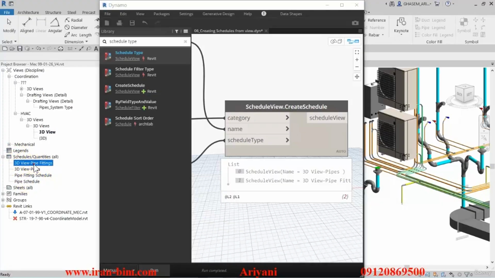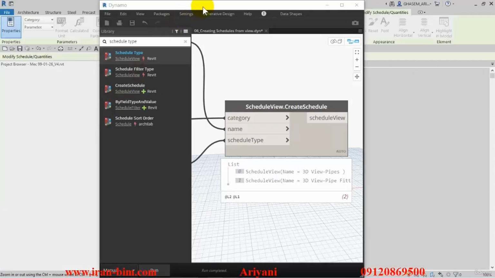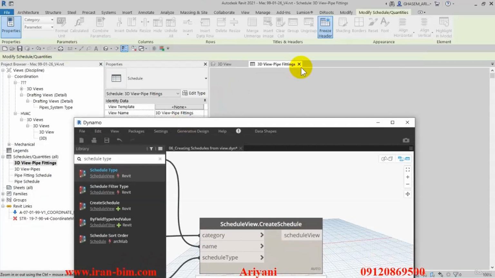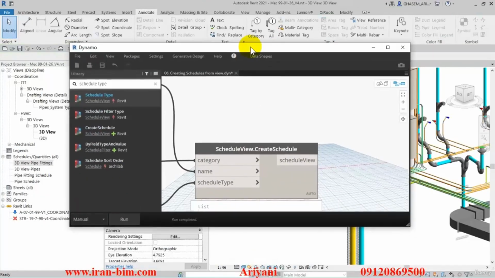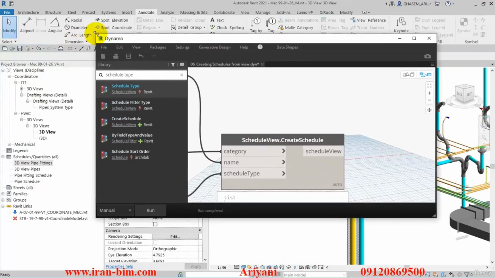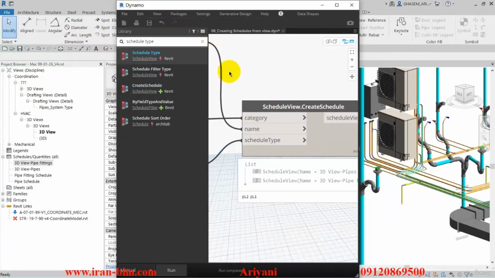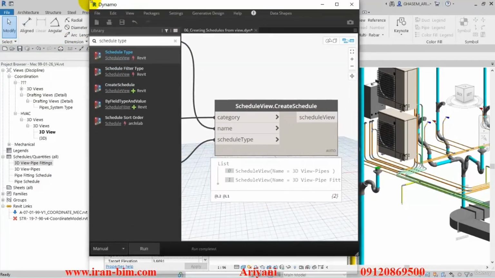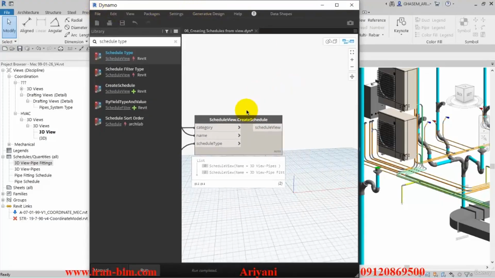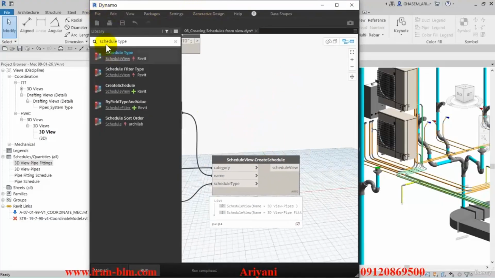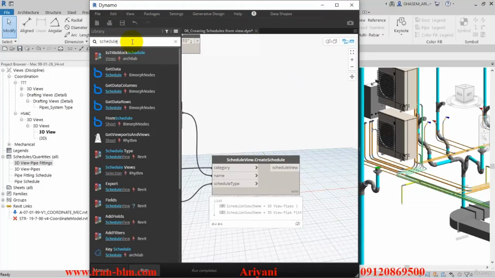Now you can see the schedules created here and the pipe fittings and the pipes under it. Now if I open it up, we'll see that it's empty right now. It's just been created. Some characters like minus and plus and the brackets are reserved and can cause problems while naming. So now we can get to the next step and go to the library and search for schedule